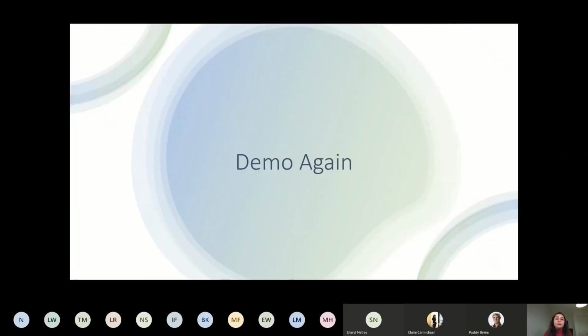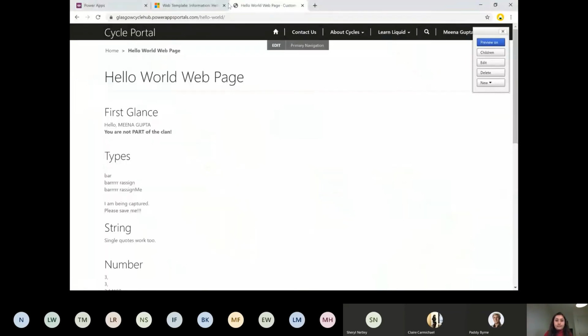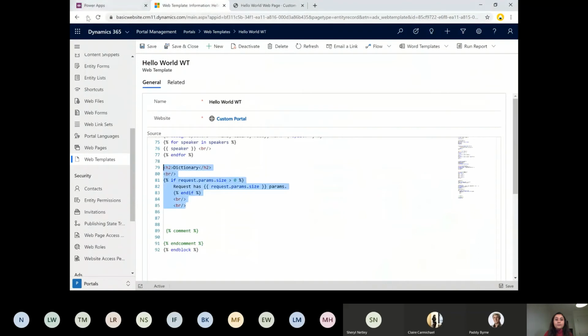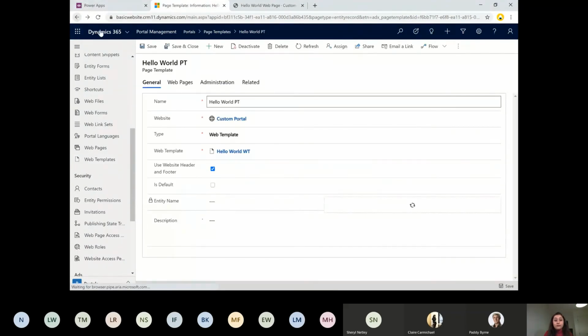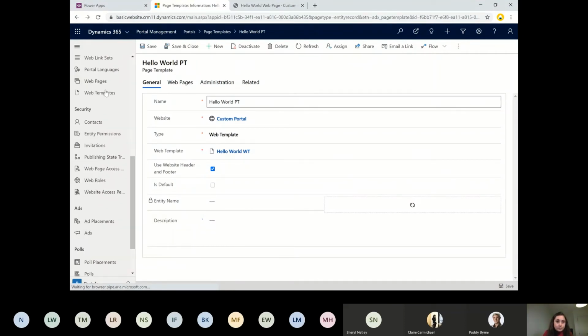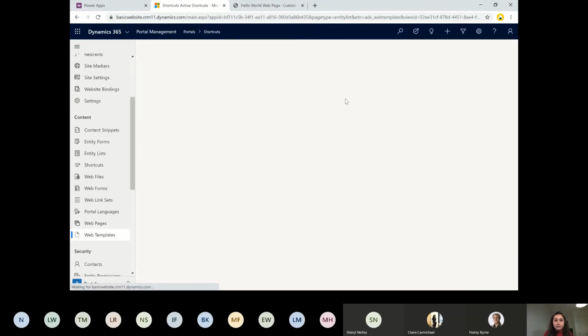We have seen a couple of data types. Now we'll see more of how to write a for loop, fetch conditions, and how to show results in a table or something like that. So let's jump to the demo again and see how that works. For that, I have another web template with a few lines of code, and we'll be seeing them one by one. If any doubts, please feel free to ask. I'm just going to show you which web template I have written the code in.